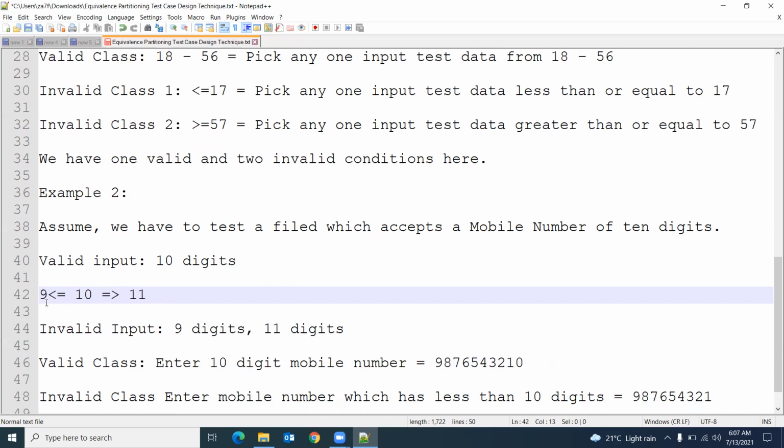Means there is a partition into three groups, and from them I pick 9 and 11 for the negative scenarios, and 10 is the valid group. Like that we can validate. This way we can reduce the test cases. With fewer test cases we can test all the possible conditions.